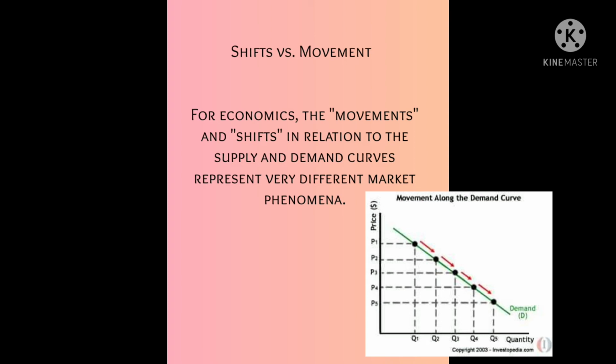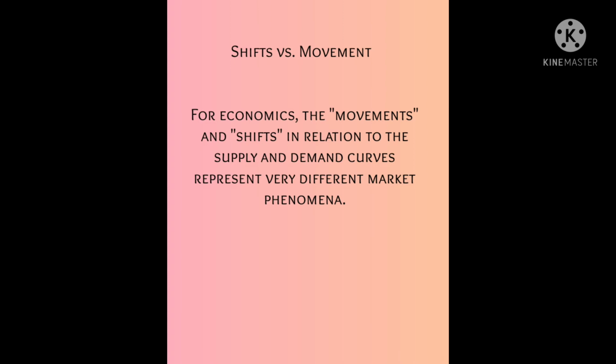price and vice versa. Like a movement along the demand curve, the supply curve means that the supply relationship remains consistent. Therefore, a movement along the supply curve will occur when the price of a good changes and the quantity supplied changes by the original supply relationship. In other words, a movement occurs when a change in quantity supplied is caused only by a change in price